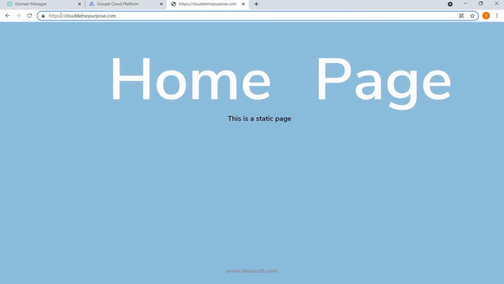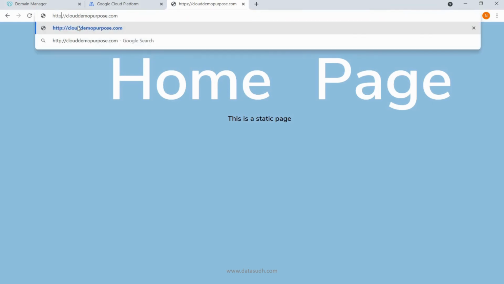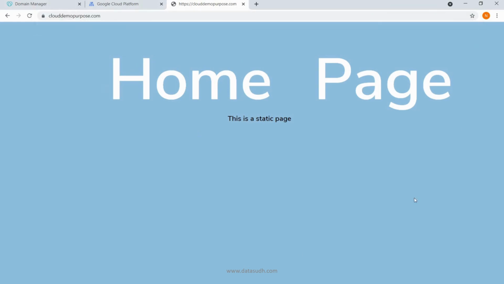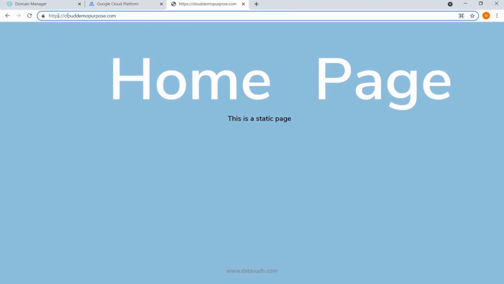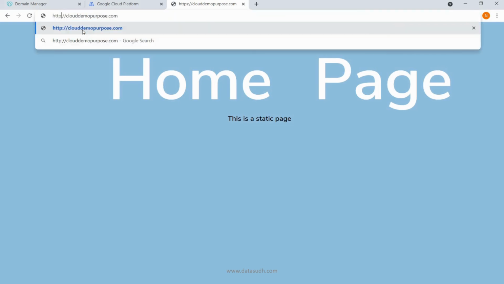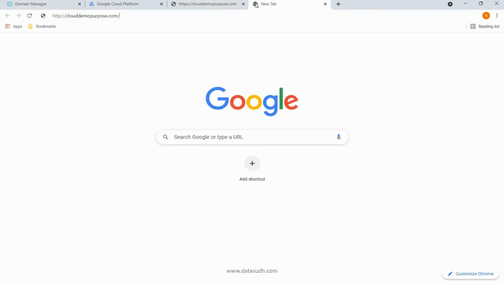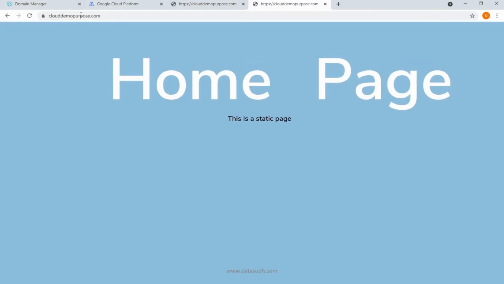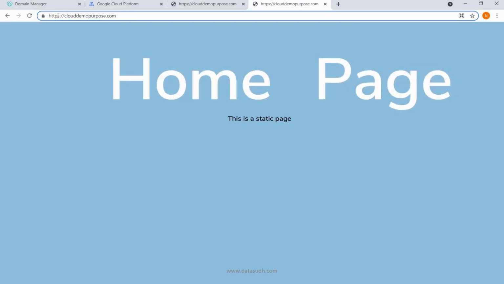Go to the URL. In this URL, remove this S and press enter. When I do that, I don't see any change. I see that the same page is being loaded. Okay. And if I go and click on the URL, now the URL has automatically changed to HTTPS. That means that my HTTP requests are now being routed to HTTPS. I can validate it again, remove this, press enter. Or if I want to validate it fresh, I can take this URL into a new tab, put it there and press enter. And I will see that my HTTP request is routed to HTTPS.